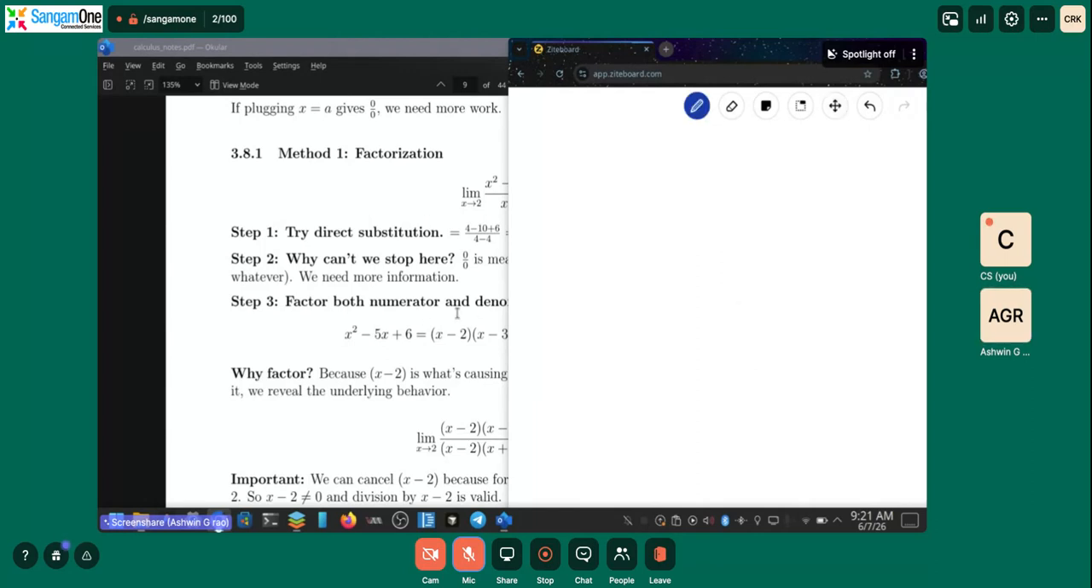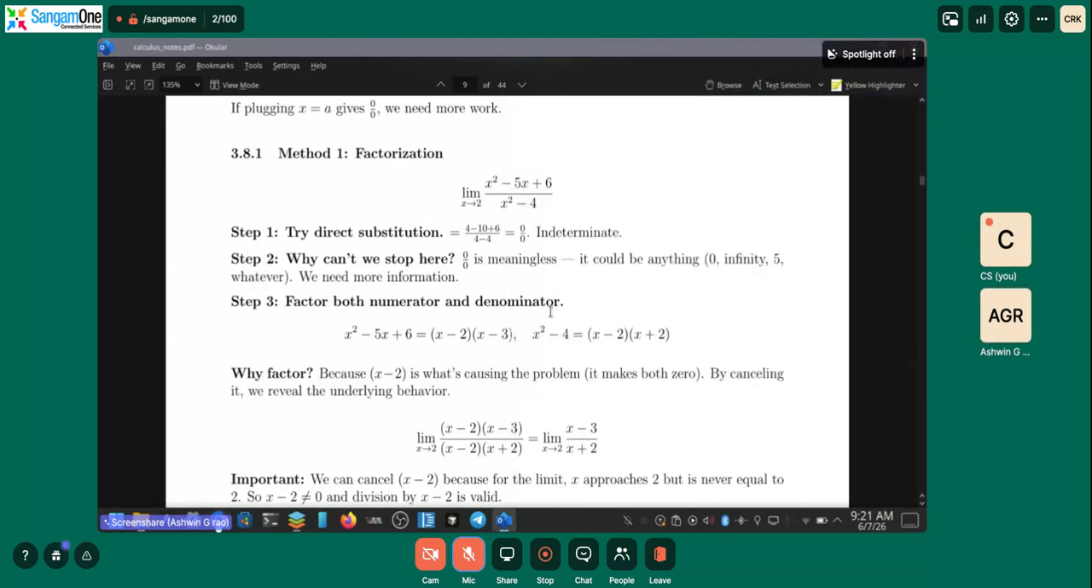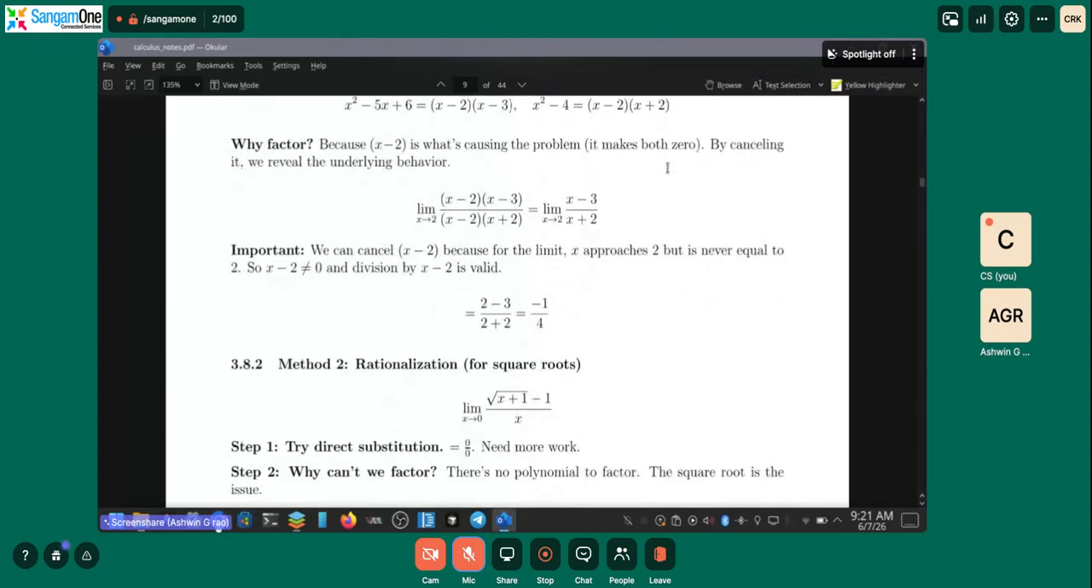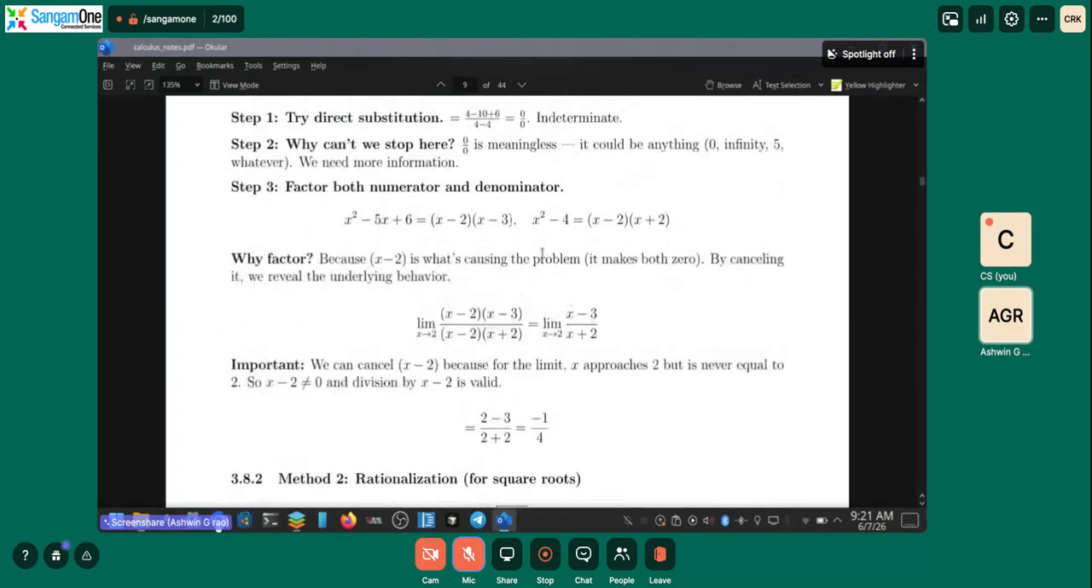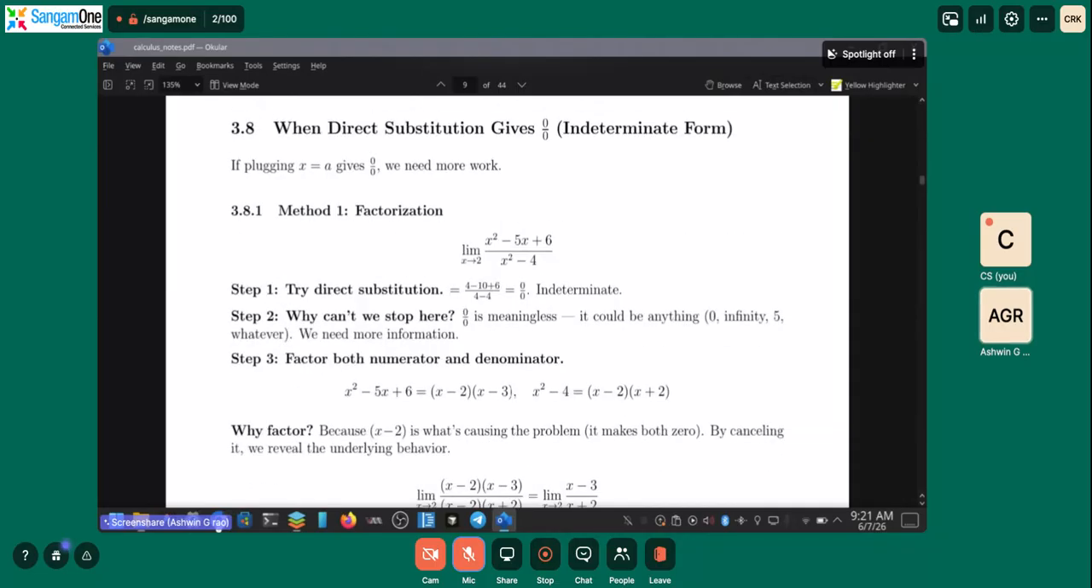Next, moving on. Next concept. So x minus 2 is what is causing the problem. It makes 0. By cancelling it, we will get the revealing underlying behavior, x minus 3 divided by x plus 2. You have to factorize this also,